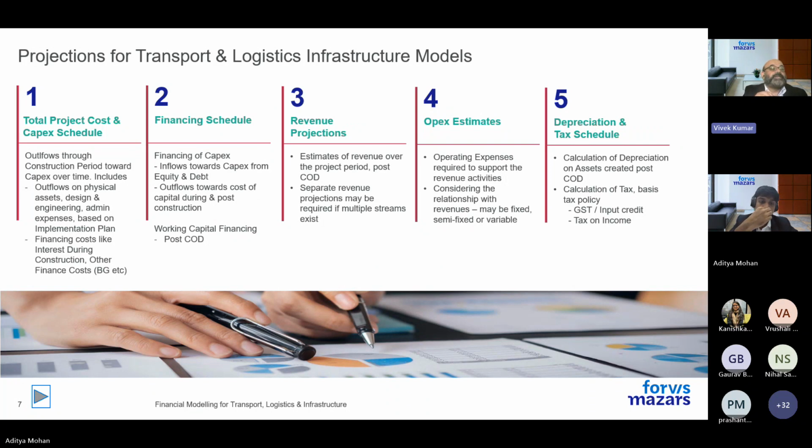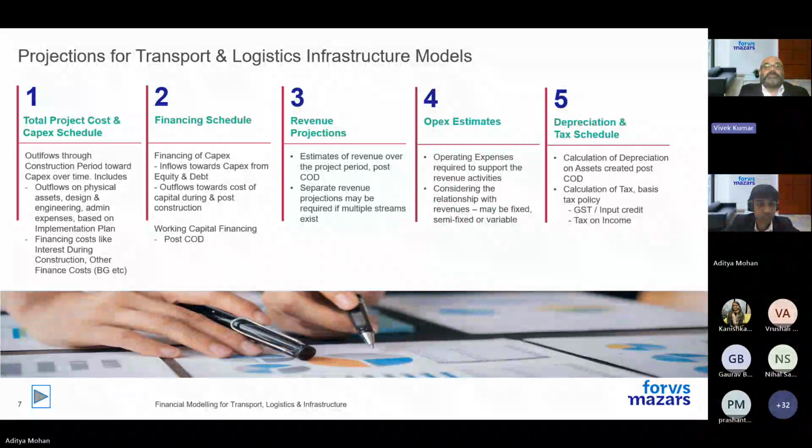Towards the capital expenditure items which Aditya talked about earlier, physical assets, design, engineering, administration expenses, and so on. The table will look like the table we had shown just some time back, right? Besides the capex, there is another item which gets into it, right? Remember, when you are spending on